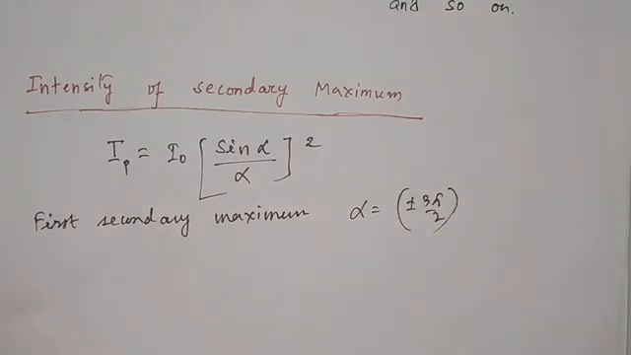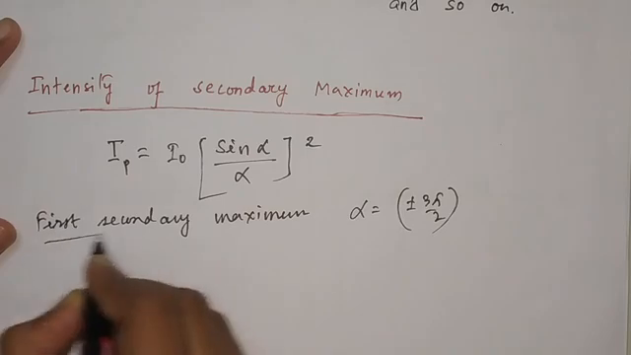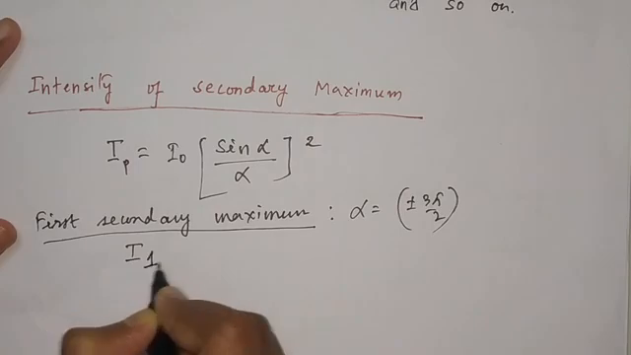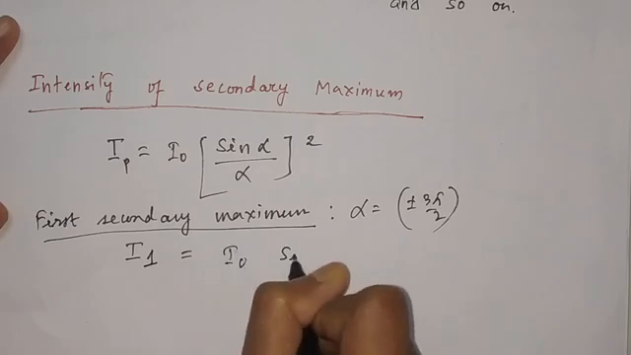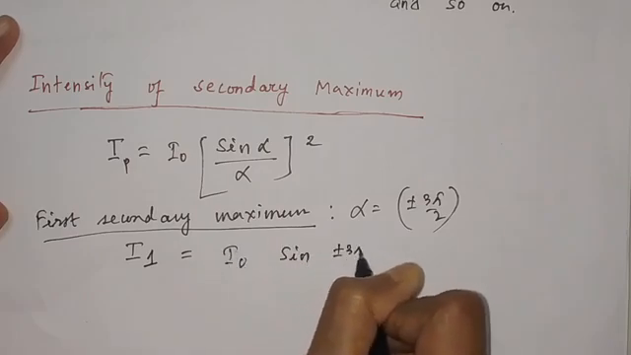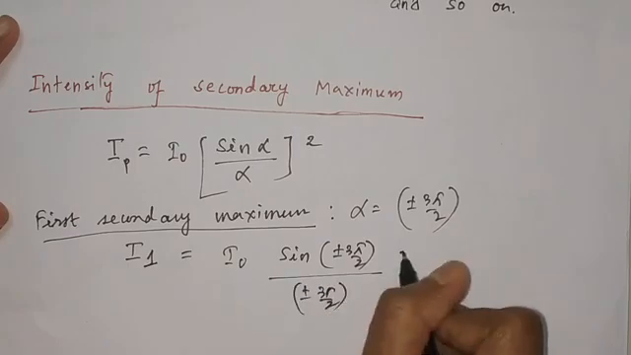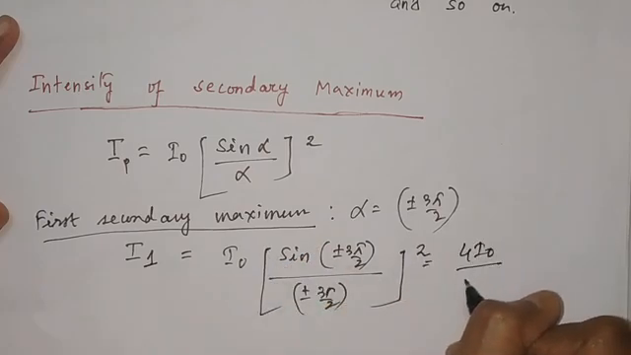Okay, so plus minus 3 pi by 2 means, plus means on one side of the principal maximum, minus 3 pi by 2 you will get the another secondary maximum on the other side. So for the first secondary maximum, alpha equals plus minus 3 pi by 2. Let us denote it by I1, which will be I0 sin plus minus 3 pi by 2 divided by plus minus 3 pi by 2 whole square, which gives us the value of 4I0 by 9